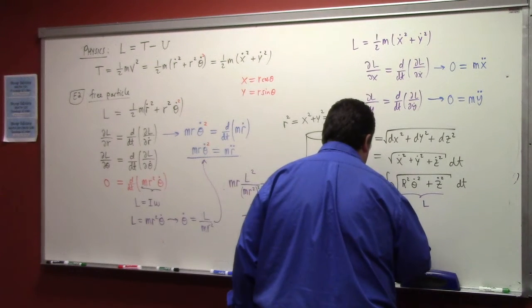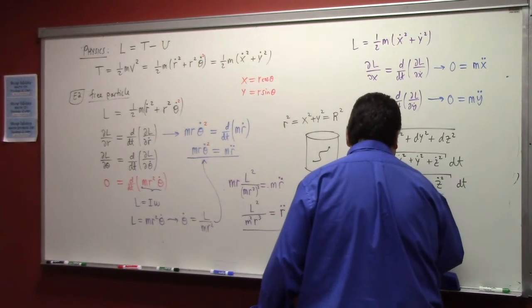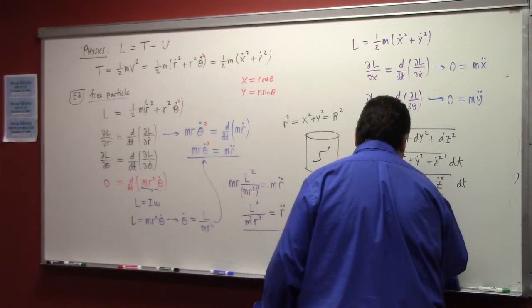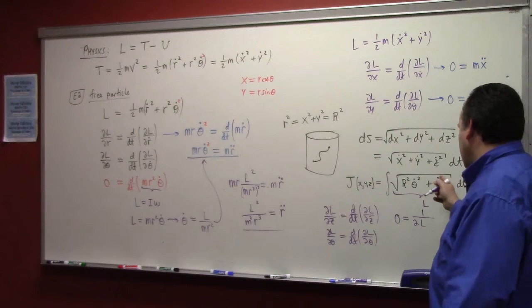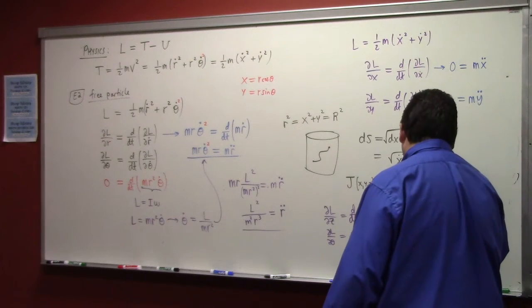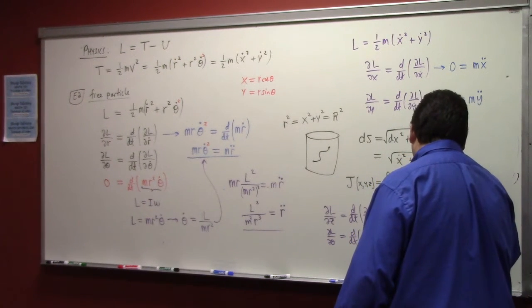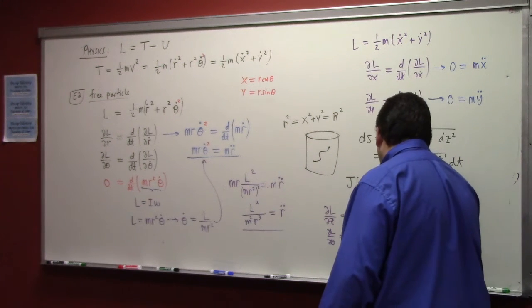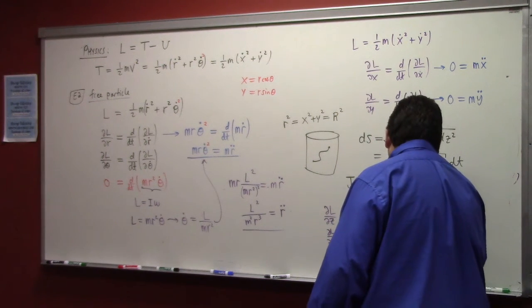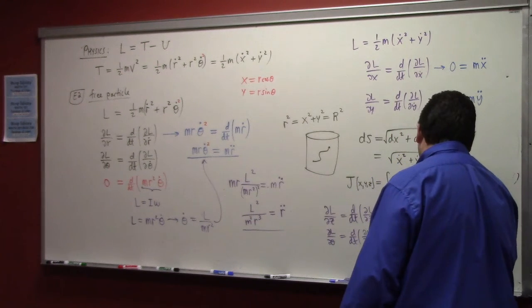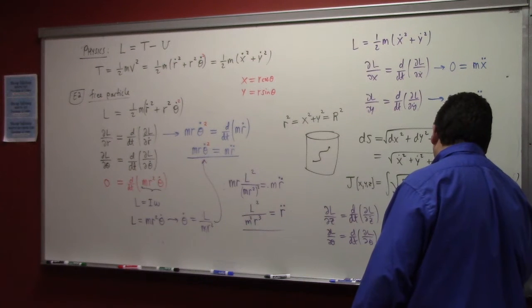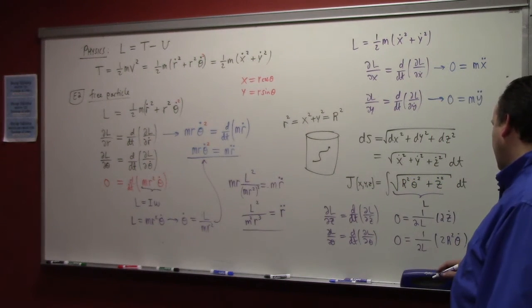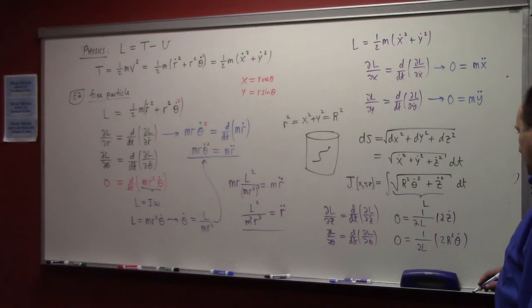So we get 0 is equal to 1 over 2L, and then the derivative of the inside with respect to z dot is what? 2z dot. And on the other hand, we have 0 is equal to 1 over 2L times 2r squared theta dot. But I'm supposed to do what? d/dt,